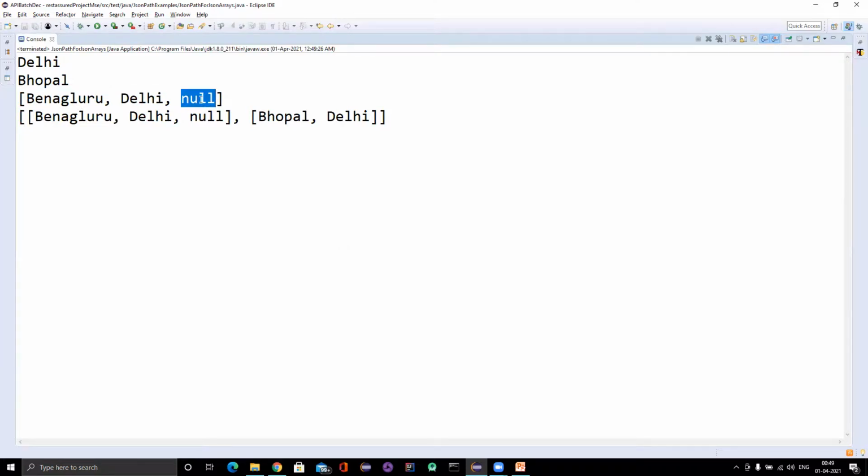So remember this one. Because when we don't mention the index, it will go and look for that JSON path in each element of that array, and if it's not finding that, it will give you null there. That default value it will give you.